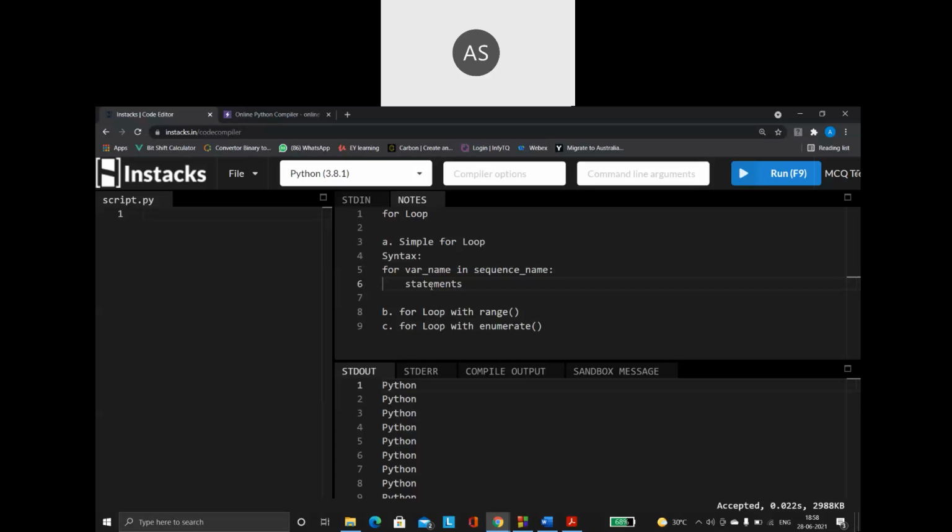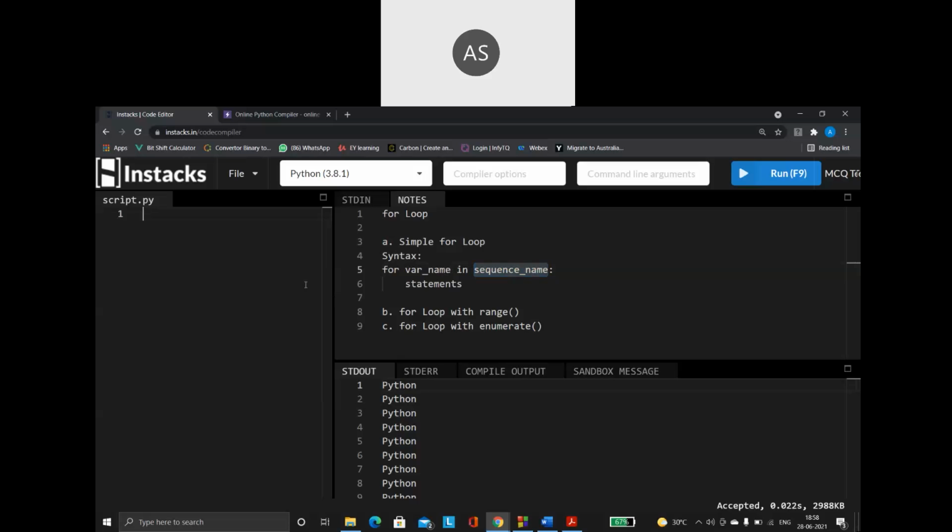Then list, where under one variable I am holding so many different values. Sets, tuples, dictionaries, these data types we have already seen. All these are nothing but sequence or collection data types, so we can make use of those data types in this place. That is the syntax: for some variable name in the given sequence.